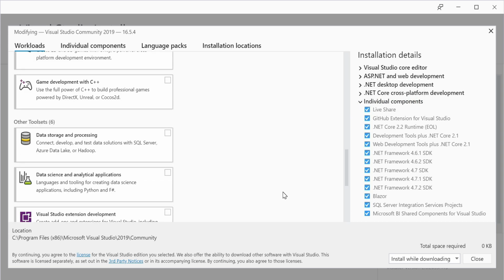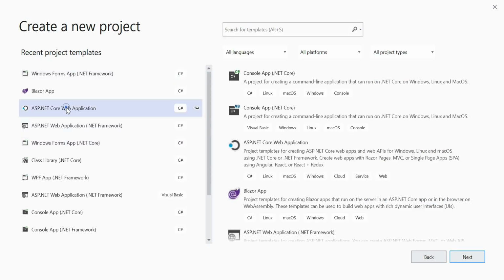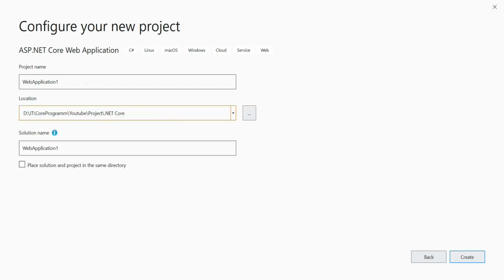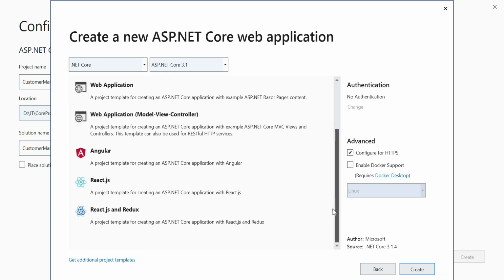So let's flip to Visual Studio and create an application from scratch, and we'll see how to set up MVC in ASP.NET Core application. Create new project, choose ASP.NET Core web application, click next, set your project name, and here we name the project as CustomerManagement. In our upcoming videos, this application will be enhanced step by step. Let's click create. Here you can see in ASP.NET Core web application there are several web templates available.